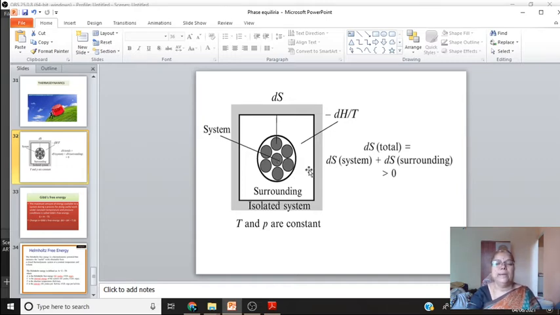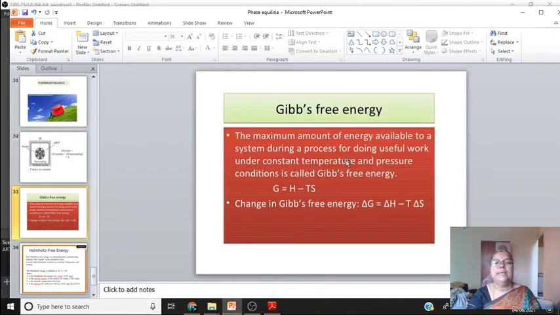In the second law of thermodynamics, you have learned entropy is a criterion of a spontaneous process. That means each and every spontaneous process takes place with an increase in entropy. So, to overcome this problem, the scientist Gibbs introduced a new function in thermodynamics, and the Gibbs free